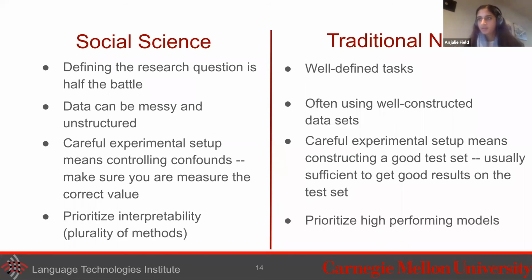And then finally, one of the things that you see a lot on the computational social science side is using a lot of different methodology and mixed methods, and often trying to find the same results under different methodology. So it's good if your results are reproducible and you get the same results with different methods. That's usually not the case on the NLP side, where you're really trying to look for, say, the best performing model, and not showing that all models have the same results on your task.